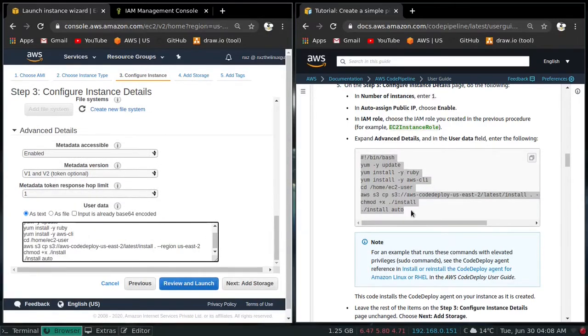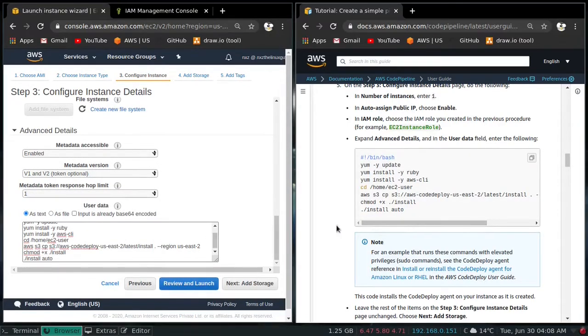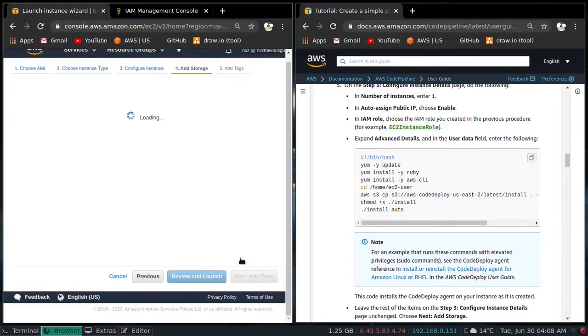So basically this script is installing the CodeDeploy agent for us. So it's installing the Ruby package and installing the AWS CLI. And inside the home directory of EC2 user, it's downloading the script from this URL, and it's installing the script. So that's that. Okay, next add storage,